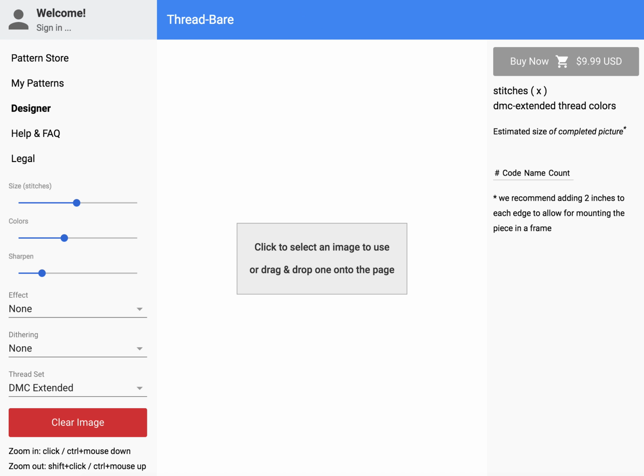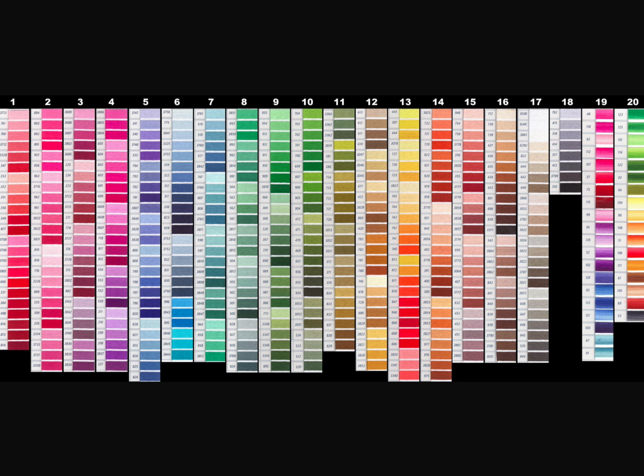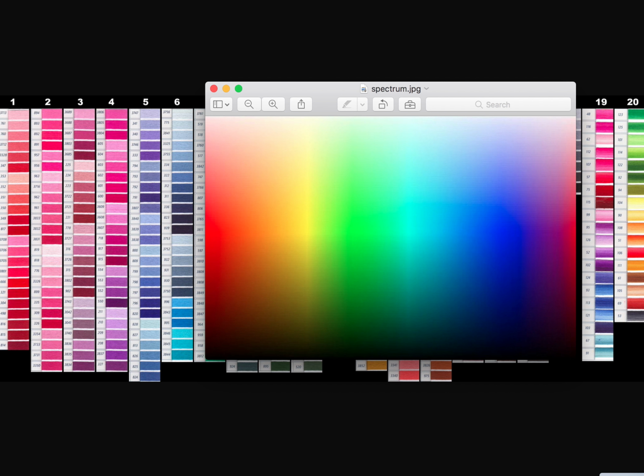So first of all, the reality is DMC make around 450 colours. Here's an image of various thread colours, and it's a lot of colours, but it's not all the colours. If you actually look at the full, what's called the gamut of the full colour range, this is the spectrum of every possible colour on my monitor. They don't make a thread of every single colour. It would be millions and millions of thread variations. So they do certain